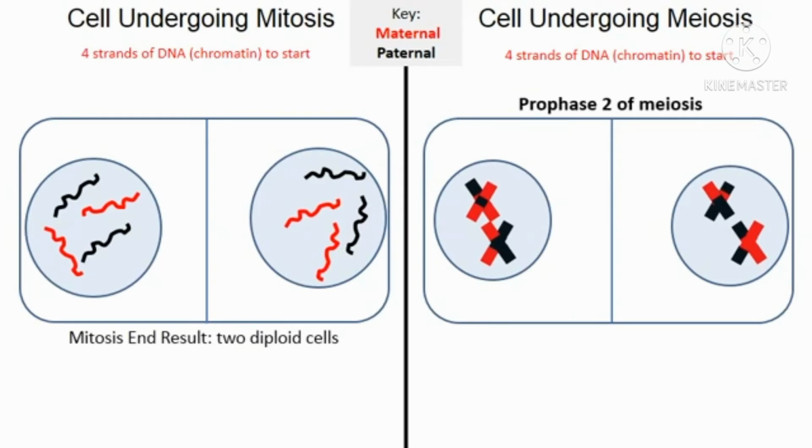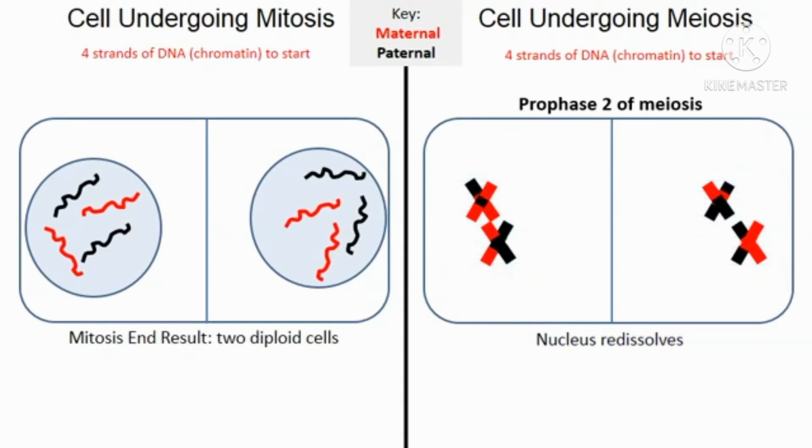So now, here in prophase 2 of meiosis, now the nucleus simply dissolves. Now there's no more synapsis, there's no more crossing over. So the next round of meiosis, prophase 2, metaphase 2, anaphase 2, and telophase 2, is very similar to mitosis and what happened. Now, we're moving to the metaphase 2. Again, there was no second synapsis, there was no second crossing over, so we're moving on to the metaphase 2